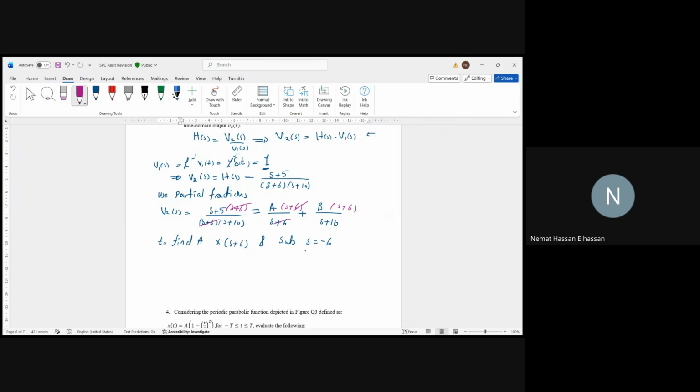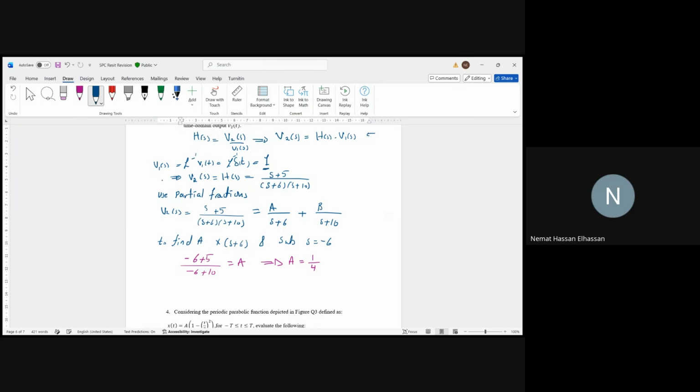And if you let s equal negative 6, then this part will be equal to 0. And here we substitute in place of every s by negative 6. Minus 6 plus 5 divided by minus 6 plus 10 is equal to A, which means that A is equal to 1 over 4. Similarly, if I want to find B, then I'll multiply by B's denominator, which is s plus 10,